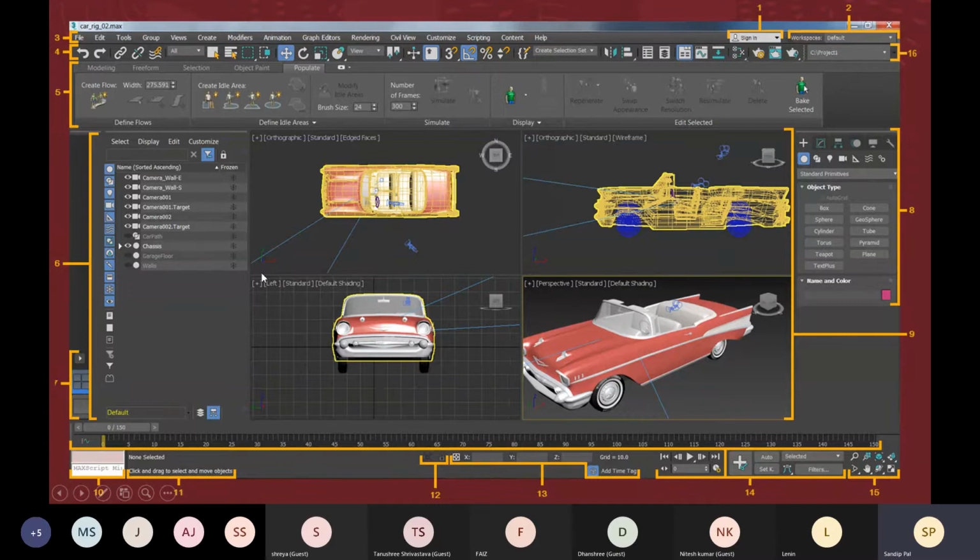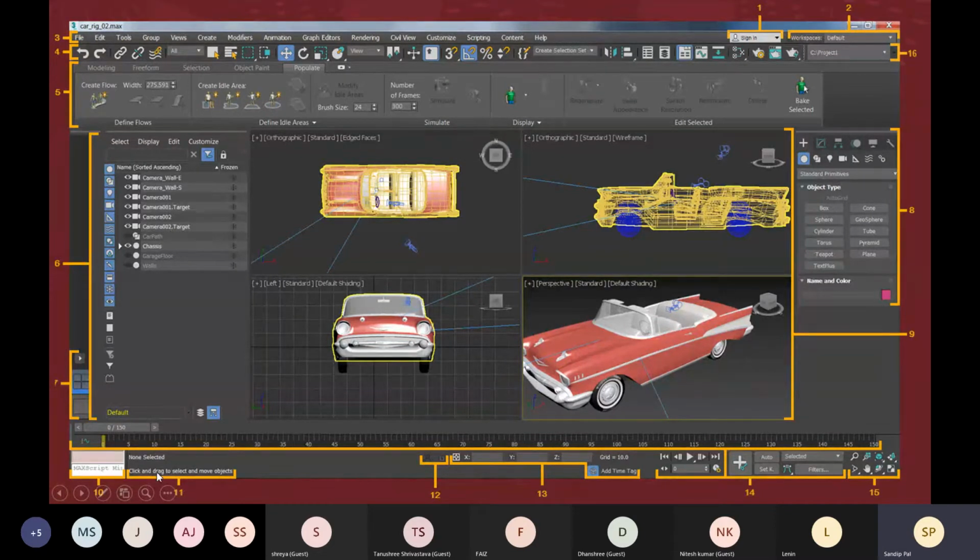Most of the tasks for animation, moving your characters, are done by this scripting option. So very little movement and small changes you can do. For that you will save time and your energy, and you can perform with accuracy. So next is our status bar, 11.